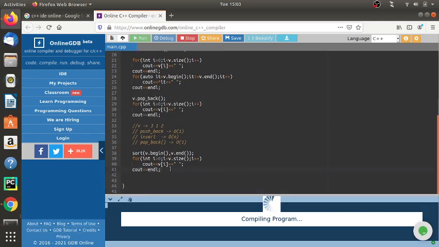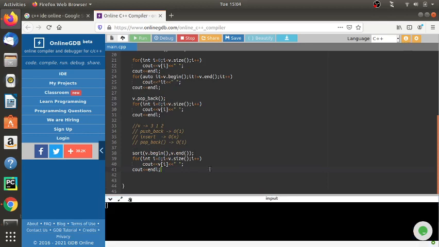So this is the way we can sort a vector. The complexity for sort with a vector is n log n, and you can see the vector is sorted.